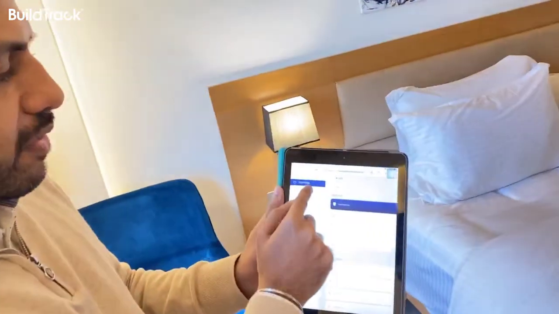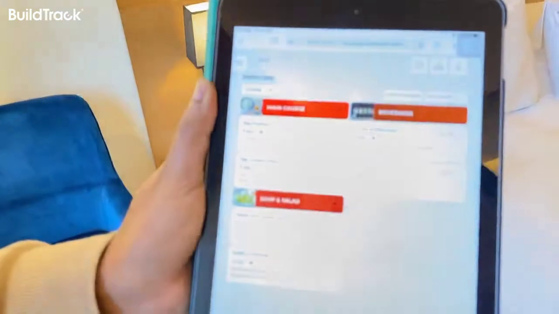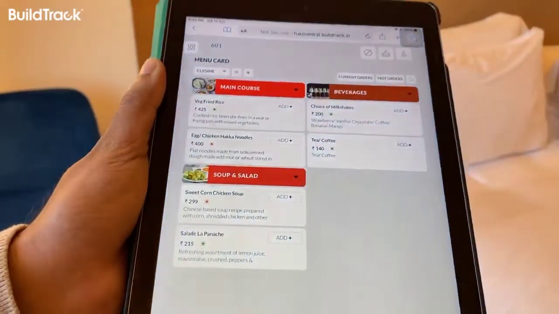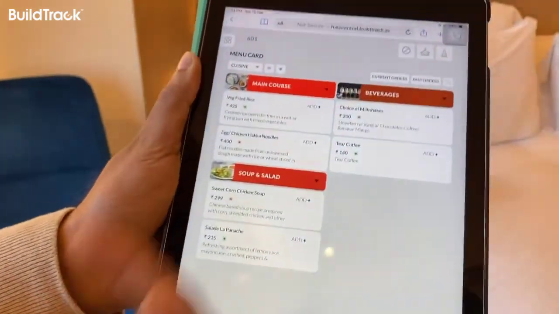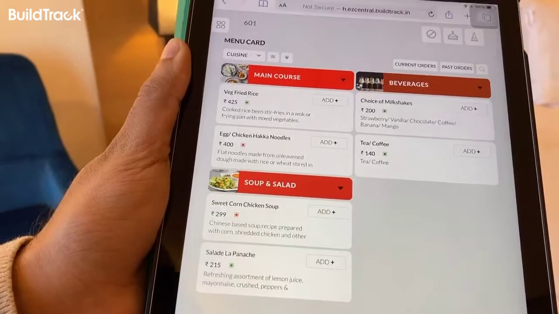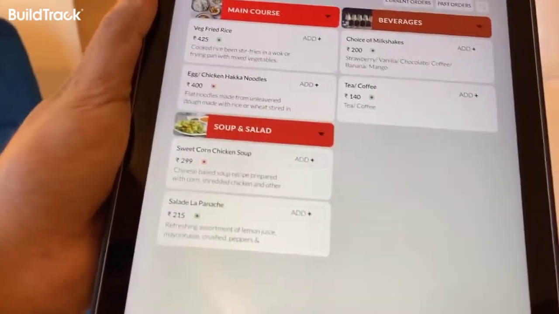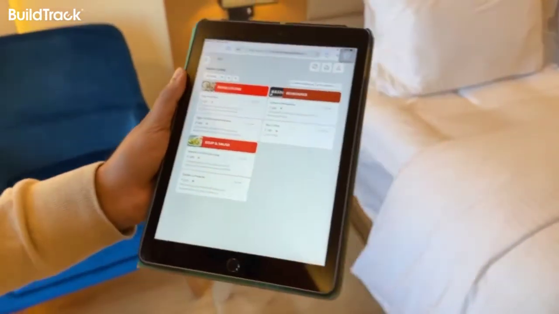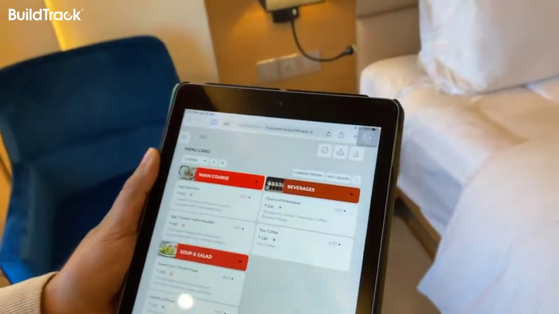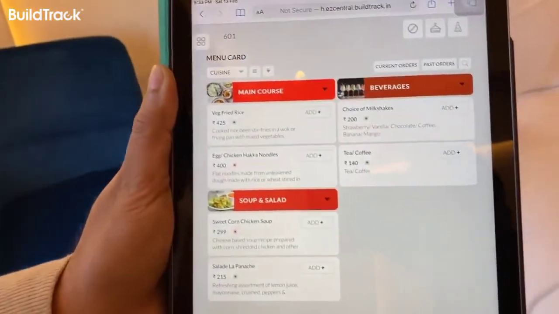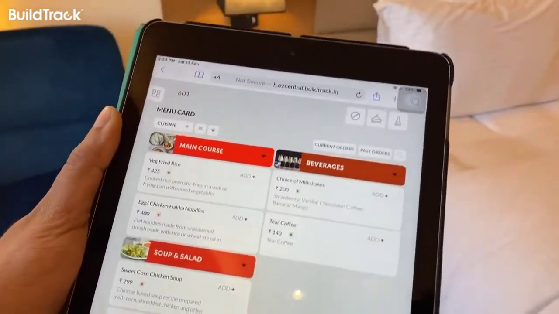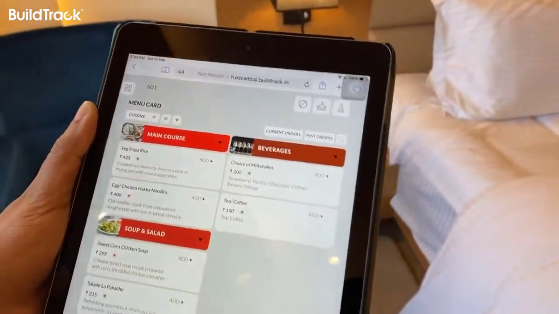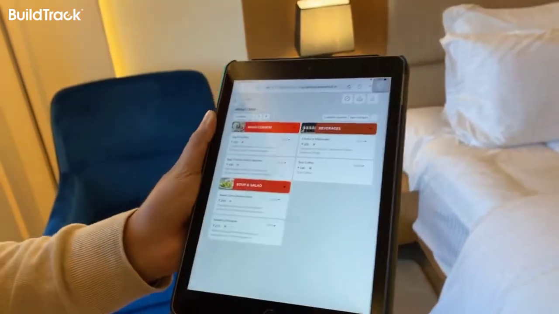I'll show the other functions of the app, which are very unique to the hotelier and the guest, because in the same app we give you the option of food ordering. This will be as per the hotel menu which they provide to the customer. The customer doesn't have to look at the hard copy which a hotelier generally provides in the room. We can avoid that. It's all in digital mode. The customer can filter the dishes and order any type of food, and the whole data will go to the POS system in the hotel.